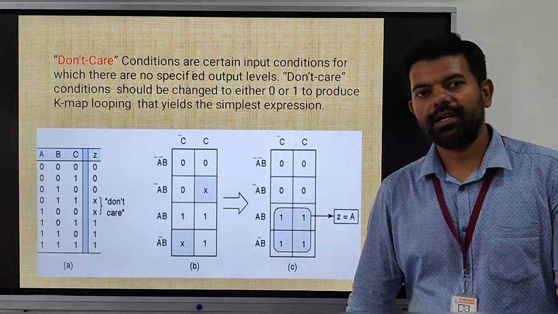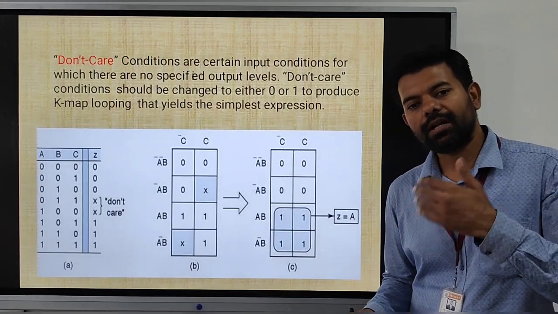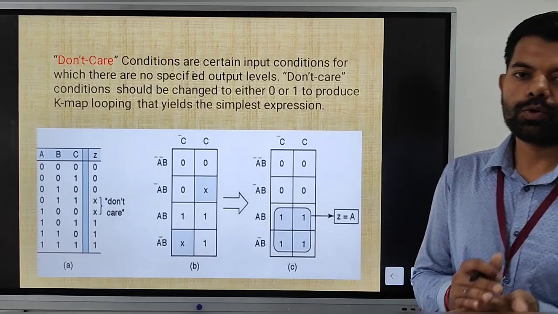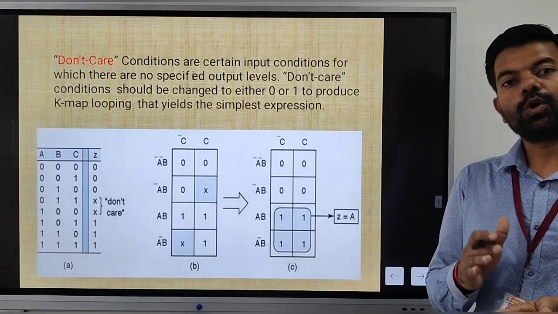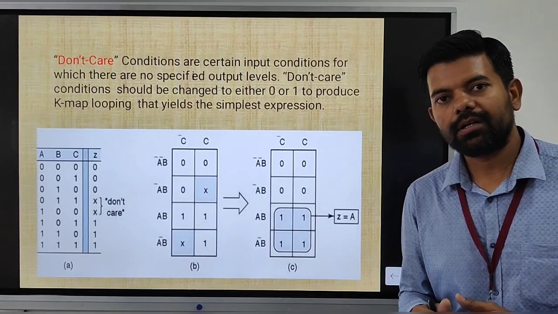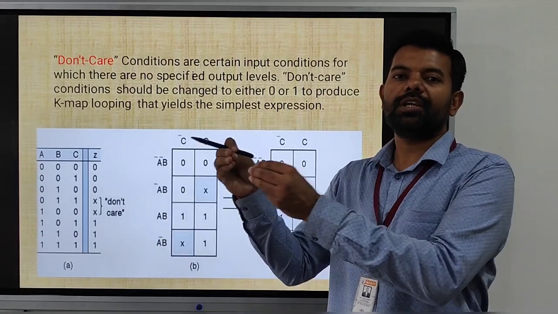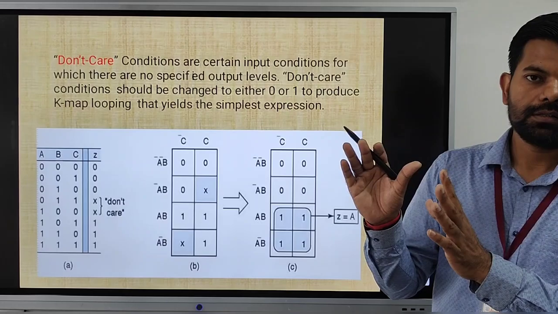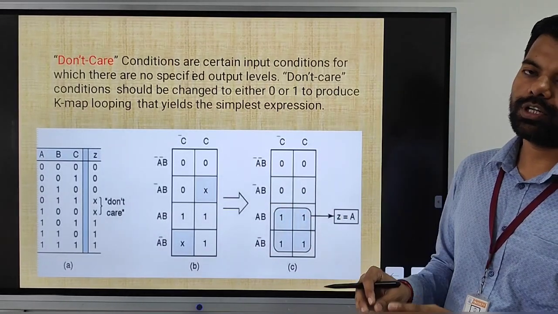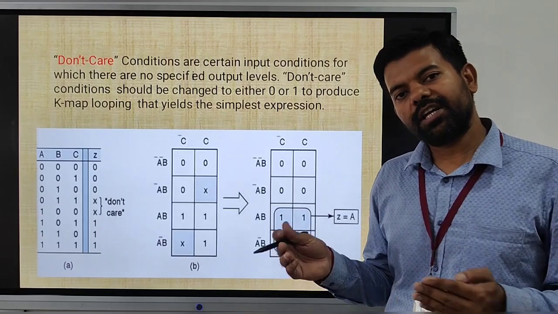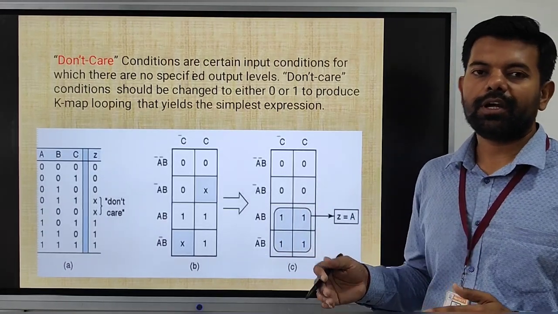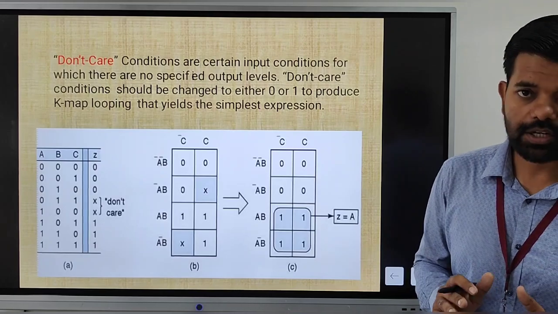Don't care condition. In this K-map, the last step is to find the don't cares. What is a don't care? A don't care condition is one which does not affect the output. It is either 1 or 0, but it does not have any effect on the output of that logical circuit, so we call it a don't care. We can change it either way, to 1 or 0, according to our requirement.